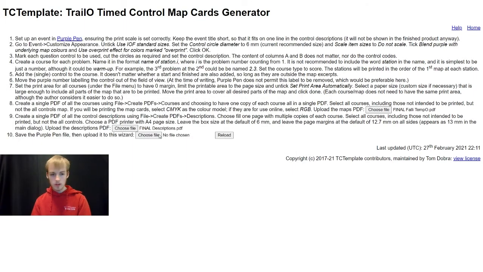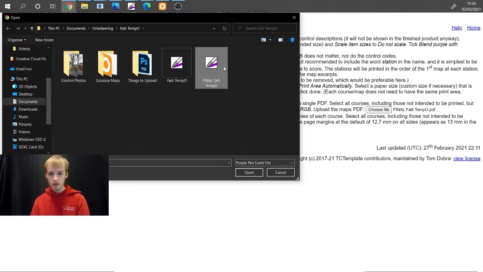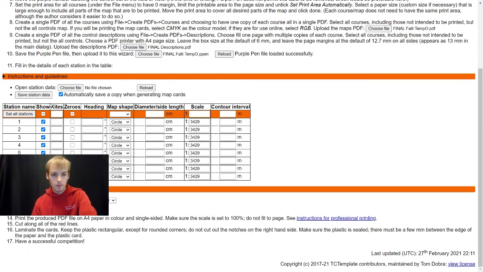And then also you have to upload the Purple Pen file, and once you've uploaded all three of those, you then get this grid where you put in the information for each station. So for example, you tick the zeros box because there is going to be zeros for each station, and there's 6 kites in each station. You can have the map shape as circle or square, but I do like it as circle with a 6